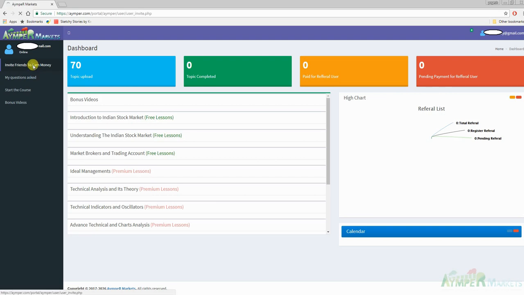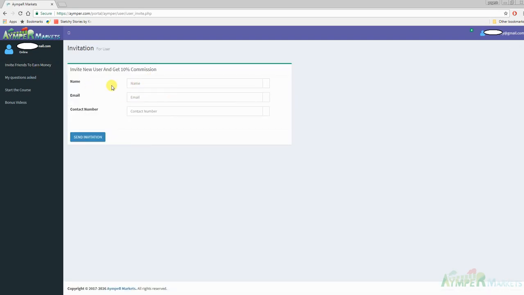Now you get a referral option also, like if you send your contact numbers for the people whom you think can be potential clients for us, and we'll contact them, and if they register with us you get a 10% commission on it. Now here are the options which you can get. The main thing is